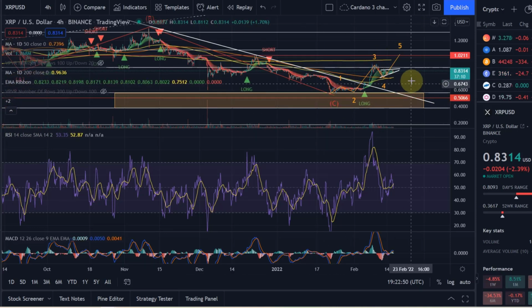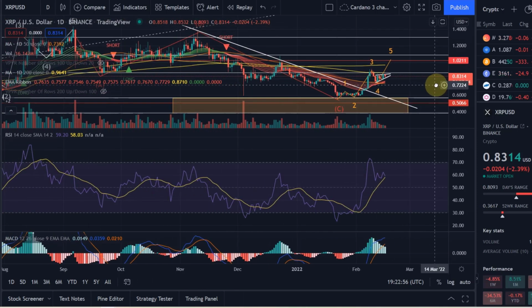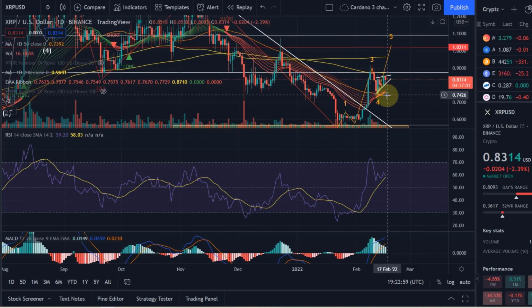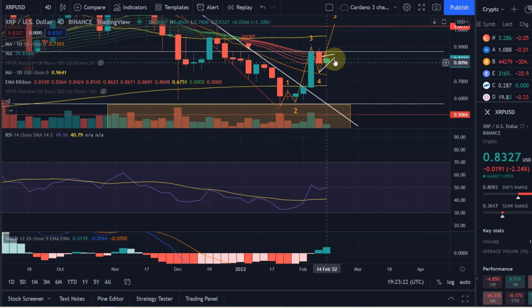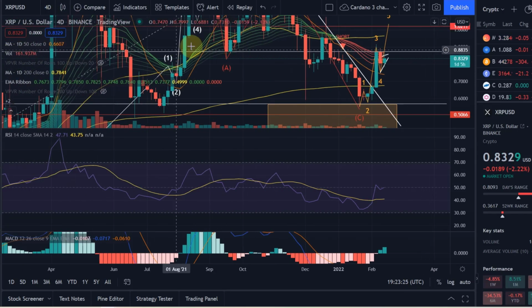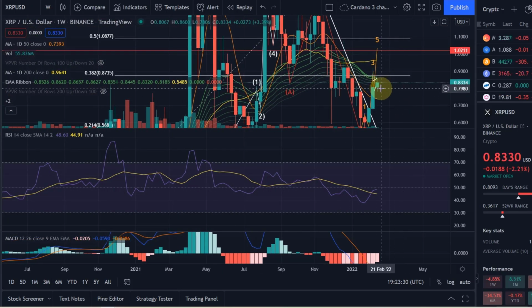Okay, looking also at the EMA ribbon, maybe at the higher time frame on the daily here, we have actually broken that to the upside. Yeah, that is looking, first of all, promising, but bear in mind, we did it here as well. Yeah, but there the retest didn't work. Here at the moment we have a retest, so that would rather be pointing towards further upside. That is actually not bad, but bear in mind, we're printing here also an ascending wedge, which is rather a bearish pattern. And here on the 4-day chart, you are still within the EMA ribbon, so that is not broken yet. Yeah, I would like to see that break for more confirmation,